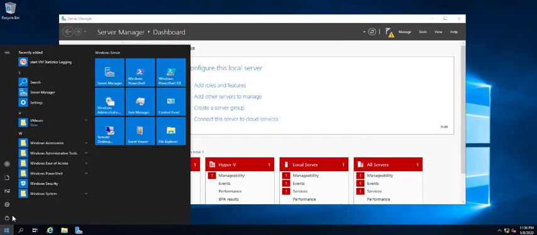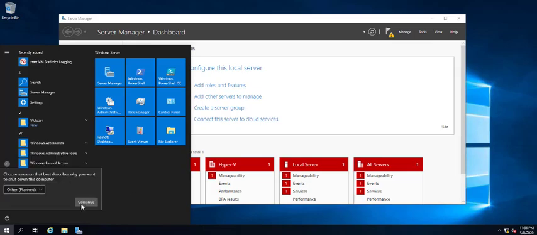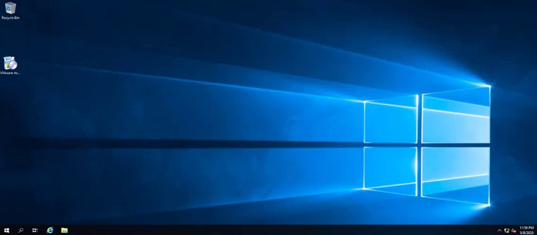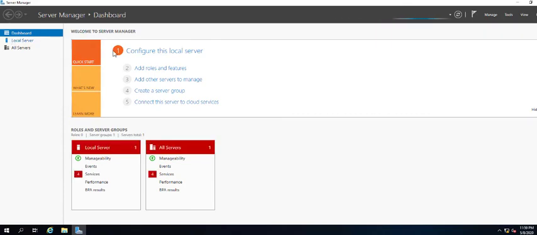So installation is completed. Let's reboot the server and bring it back to see whether the Hyper-V role is installed or not. I'm just selecting planned migration, continue. The server is getting restarted. I have logged in. Let's open up the Hyper-V Manager. We can find the Hyper-V Manager under the administrative tools.